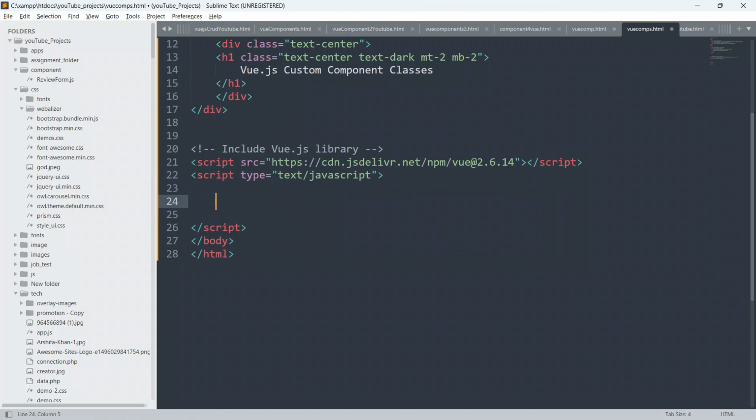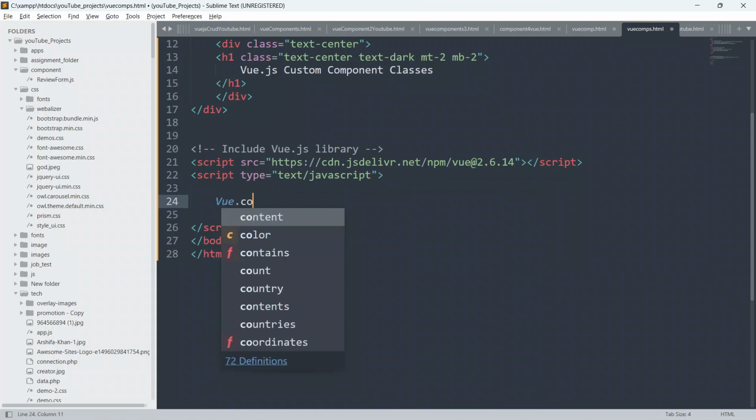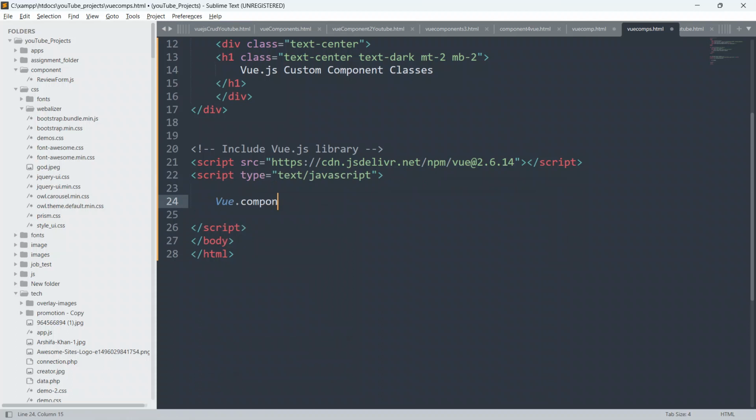In order to create a component, we have to write Vue.component, and give open and closing parenthesis, and inside this give open and closing curly braces. And here we have to define our component name. Here I'm gonna give the component name as counter.